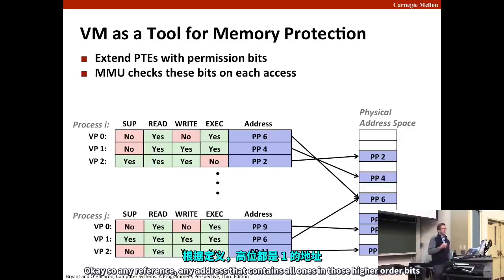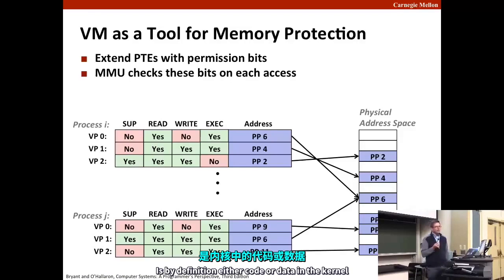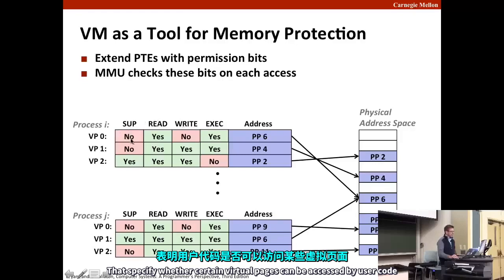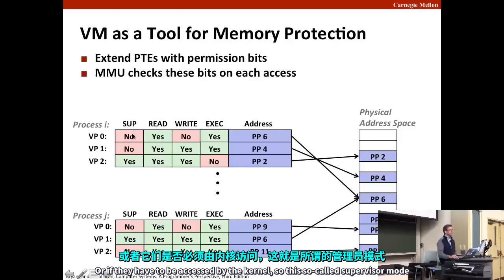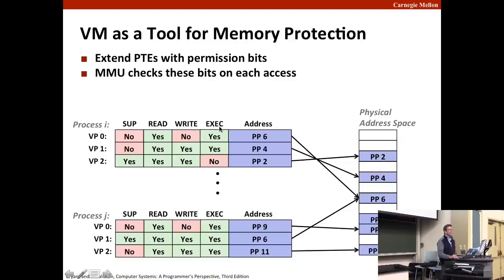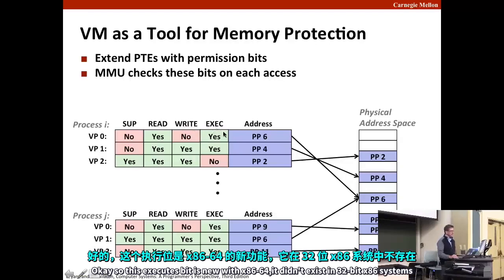So any address that contains all ones in those high order bits is by definition either code or data in the kernel. And so you can add bits to the PTE that specify whether certain virtual pages can be accessed by user code or if they have to be accessed by the kernel. This is so-called supervisor mode. And you can also add bits that control whether that page can be read, written, or executed. This execute bit is new with x86-64. It didn't exist in 32-bit